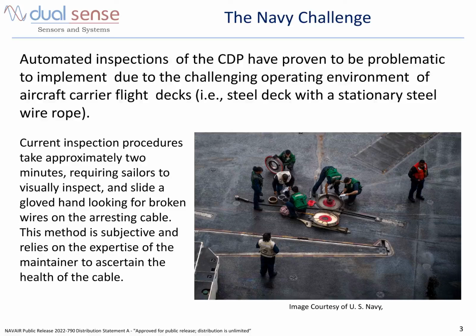The purchase cables go under the deck and are attached to a pneumatic system. If you have seen one of those videos where an aircraft is landing on a ship, you can see them catching the CDP cable. You would have noticed in slow motion how much tension and strain these cables are under. Although these cables are 1.5 inches in diameter, they just flop around like a piece of thread. This is because they undergo extreme amount of stress and as a result are prone to small breaks or kinks